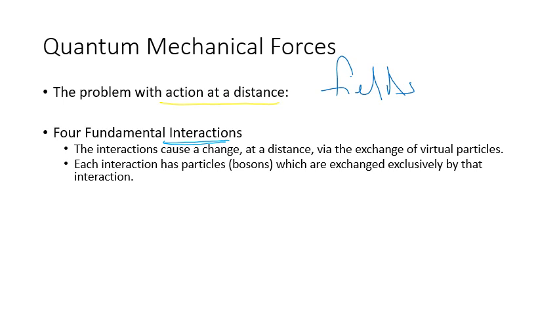Interactions cause a change at a distance, and they do that by exchanging virtual particles. They do that by exchanging made-up particles. And each one of the 4 kinds of interaction has its own particular set of exchange particles or exchange bosons. So you've come across the term boson because you've all heard of the Higgs boson, which is part of the exchange system that gives everything mass. So fields have bosons, and our 4 fundamental interactions each have a set of bosons